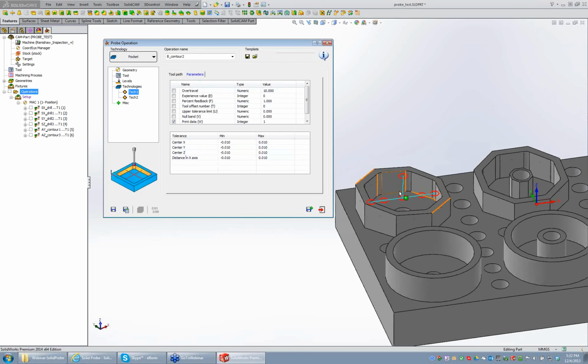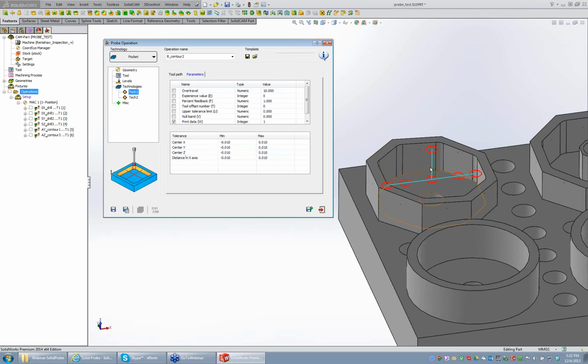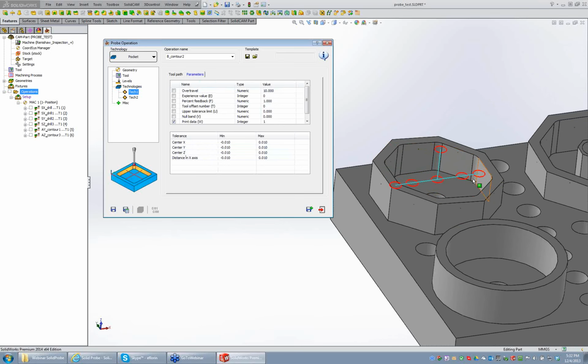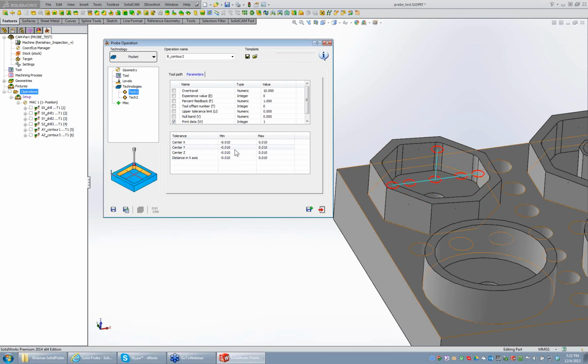So I will search for the center between those two touch points, and I can give a tolerance. The center can be in the X-axis, meaning maximum tolerance, and the Y-axis, meaning maximum tolerance. I can also give a tolerance for the dimension, the distance between the two touch points, and the cycle,